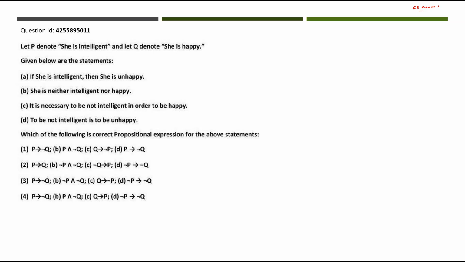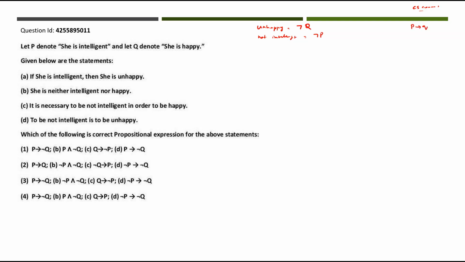If she is intelligent, then she is unhappy. Q denotes happy. When it is unhappy, this is the negation of Q. P denotes she is intelligent. When they say not intelligent, then we have to go with the negation of P. You have to remember this. Regarding propositional logic, we know a conditional statement means